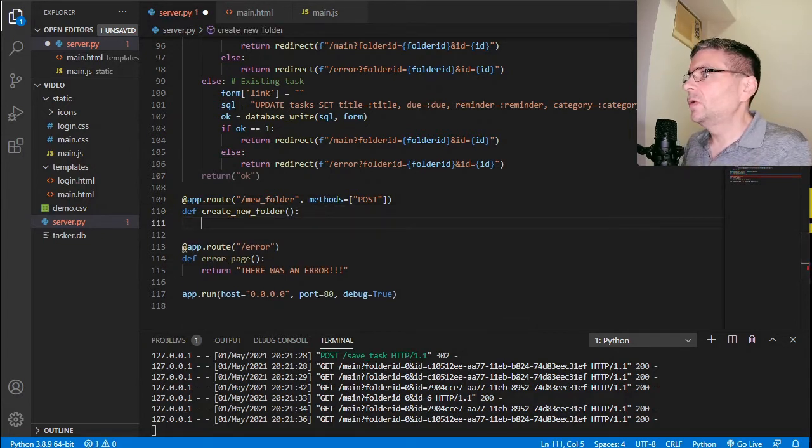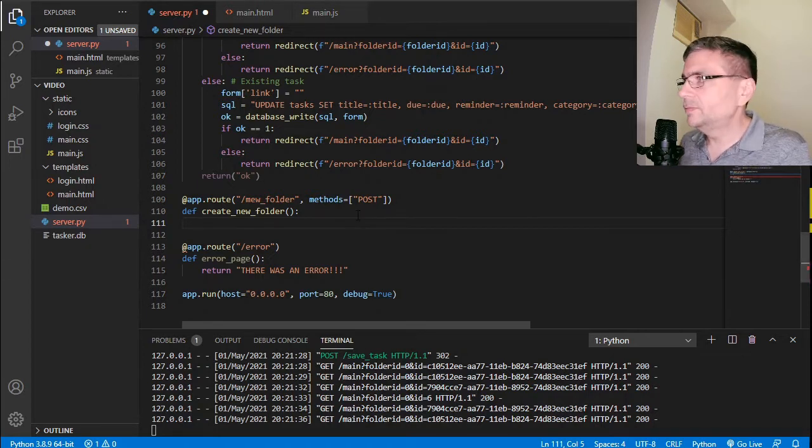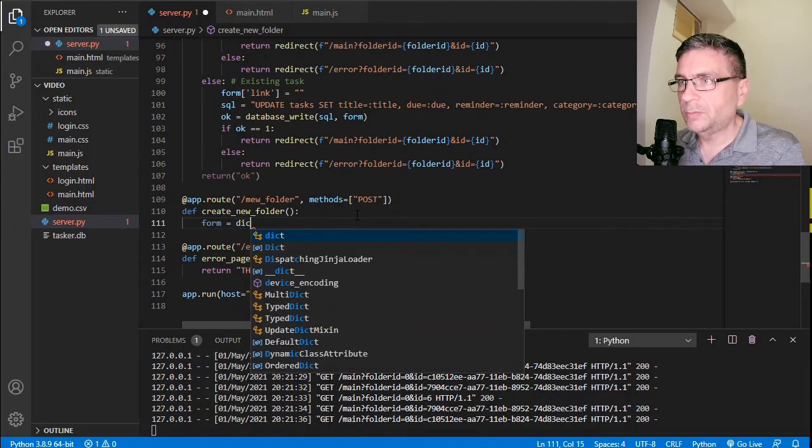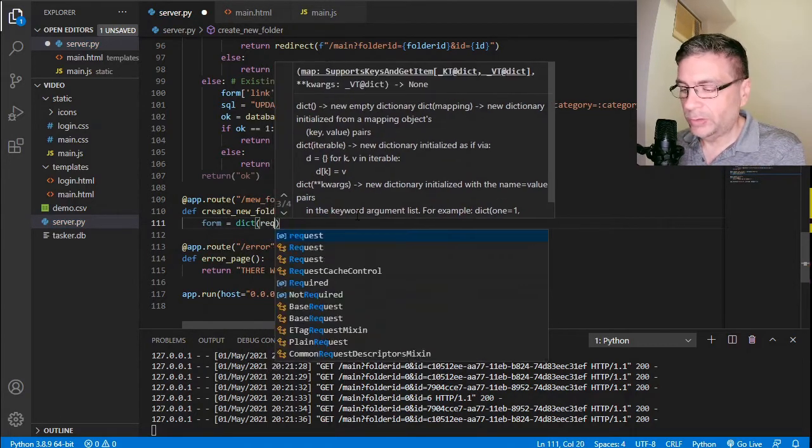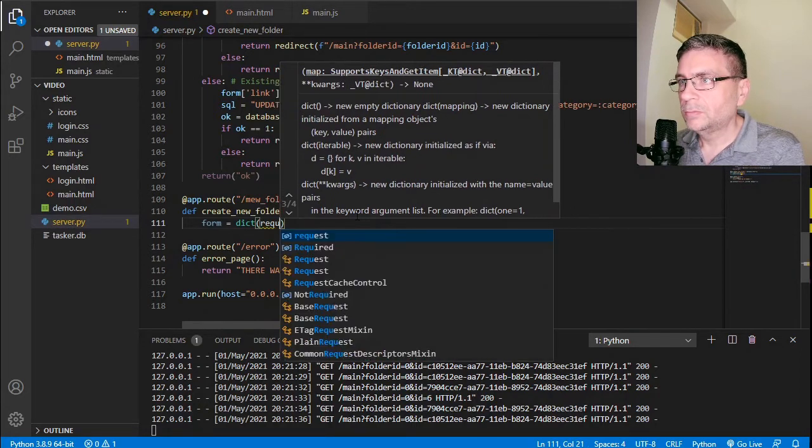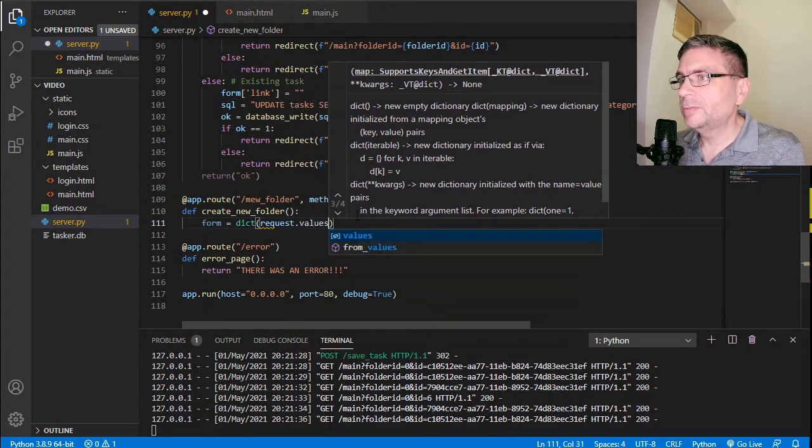All right, what are we doing with this? Let's remind myself. Yeah, okay. So let's get the form information as a dictionary again. So request dot values,